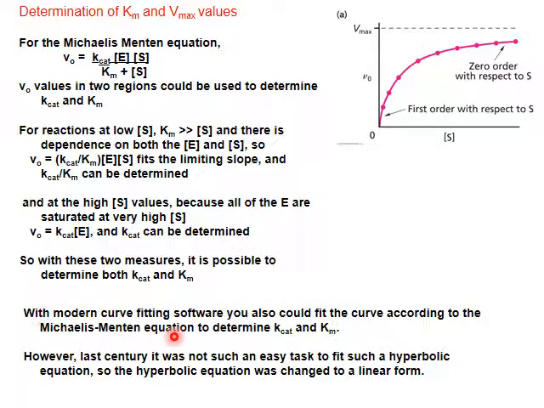Today we have curve fitting software that will fit any kind of equation in terms of a function to fit a curve based on data. It can be a polynomial or higher order polynomial or something like that. No problems in fitting hyperbolic functions. And so from the curve fitting of the data you provide, a k cat and Km can be calculated for you. But back in the day, 50, 60 years ago, when people started to do a lot in enzymology in the late 50s and early 60s,